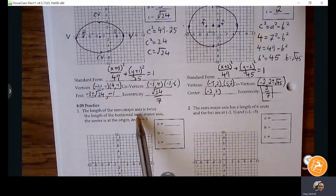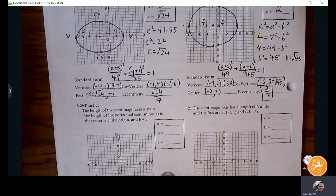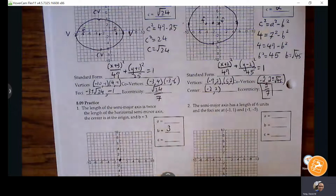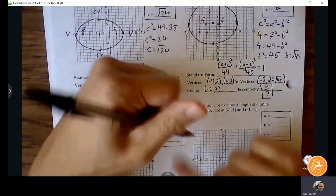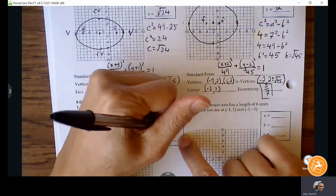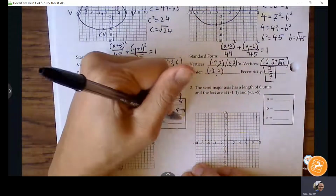Okay, the length of the semi-major axis is twice the length of the horizontal semi-minor axis, and the center is at the origin, and the B value is 3. Okay, so center is at the origin. Our B value is 3. So the length of the semi-major axis is twice the length of the horizontal semi-minor axis. So if B is 3, then what else can we figure out? A is 6, okay. It says a horizontal semi-minor axis, so we know that our B value is going to be moving left and right. A value is going to be the one moving up and down. And then your C value is always moving in the same direction as A, so